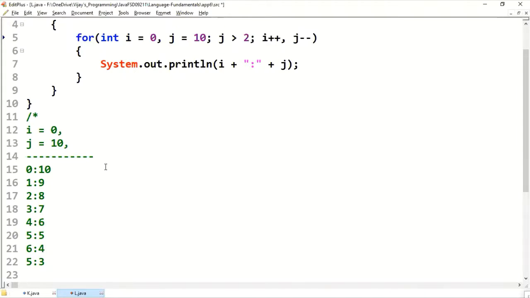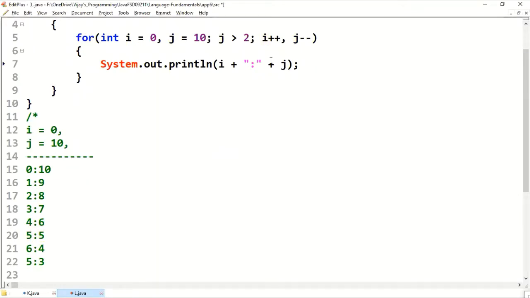After incrementing, i will be incremented to 5, j will be decremented to 3. Now it is going to check whether 3 is greater than 2. Yes, going inside, the current i value is 5, the current j value is 3.